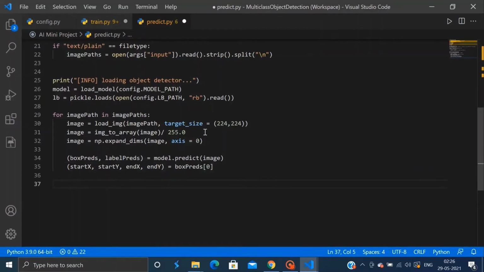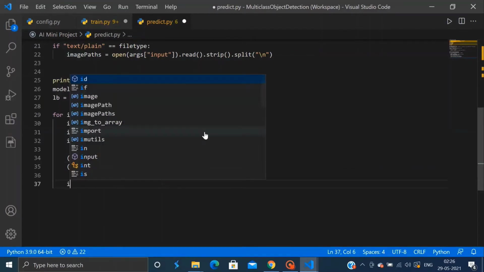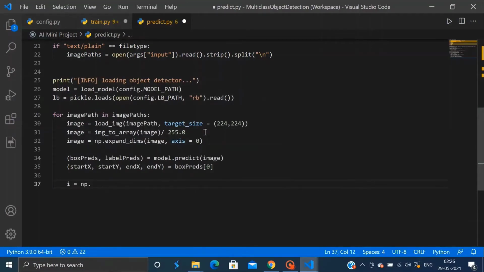After this we will determine the class label with the largest corresponding probability. For this we'll use the argmax function from our NumPy library, and finally we will use this index value to extract the human readable class label string from our label binarizer.